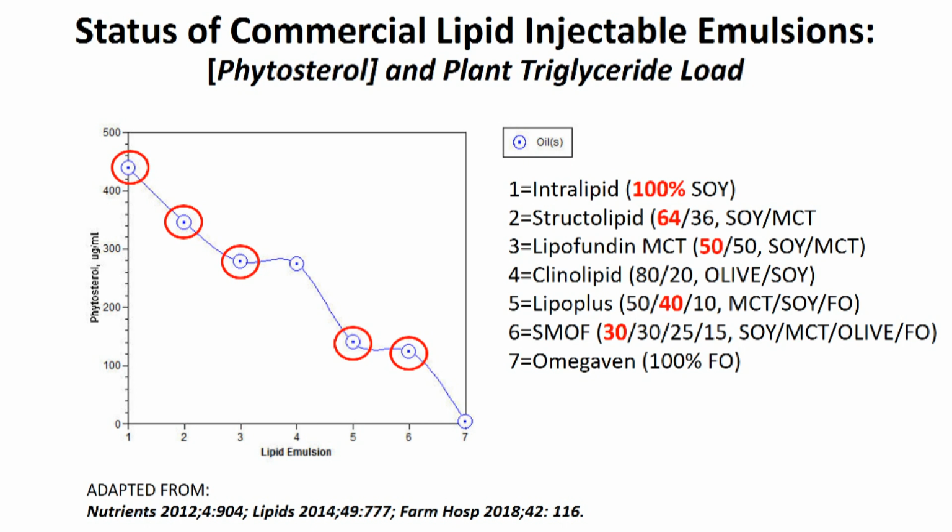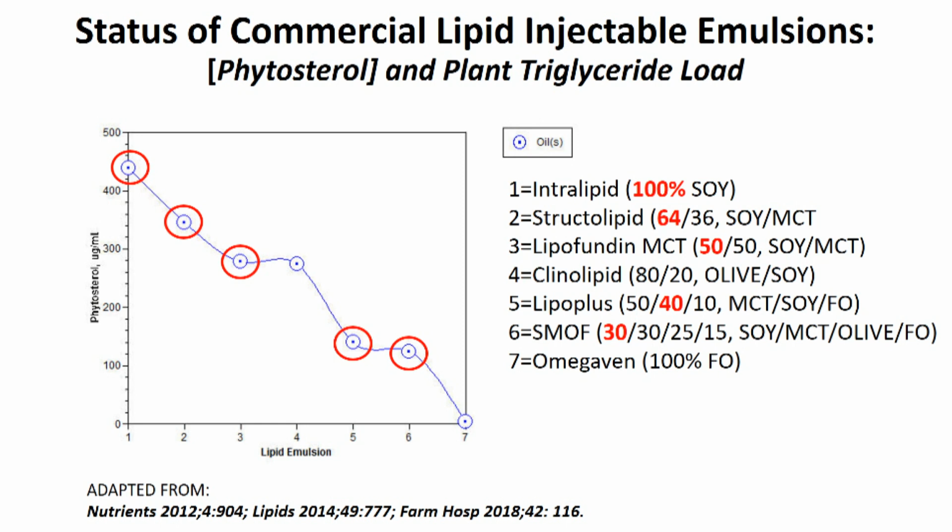This plot illustrates a corresponding decrease in the concentration of phytosterols, coincident with reduced fractions of soybean oil highlighted by the red circles. The graph is expressed as phytosterols in micrograms per mL versus lipid emulsion. Although Clinolipid only contains 20% soybean oil, it is not included in the comparison since it also contains 80% olive oil, which is also high in phytosterols. Also of note, negligible amounts, that is less than 10 micrograms per mL, are found in pure fish oil or